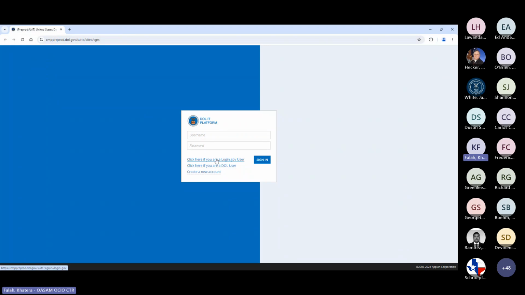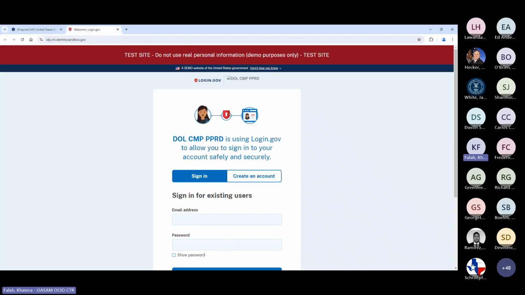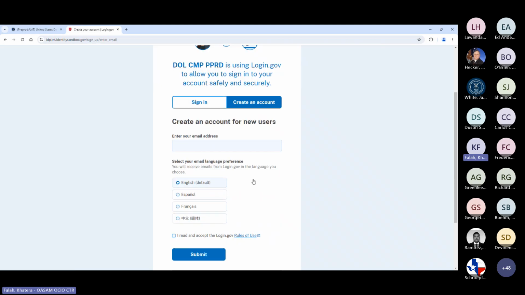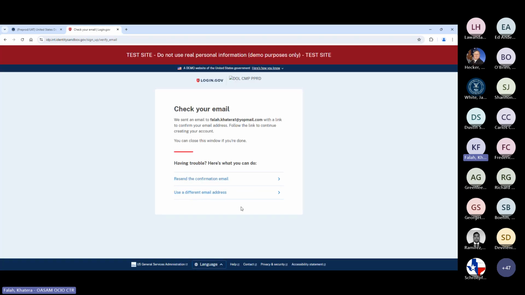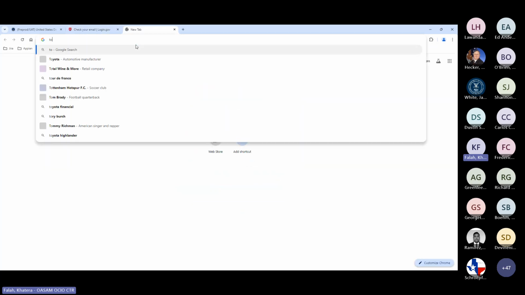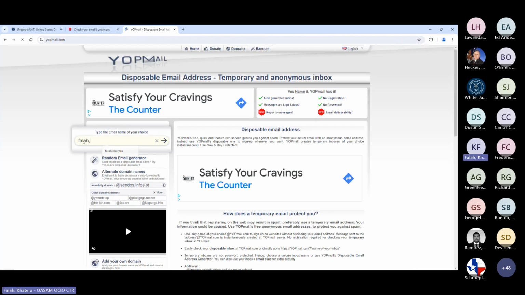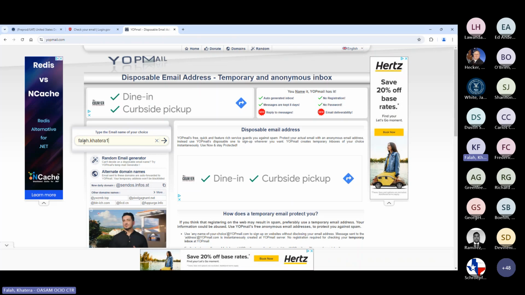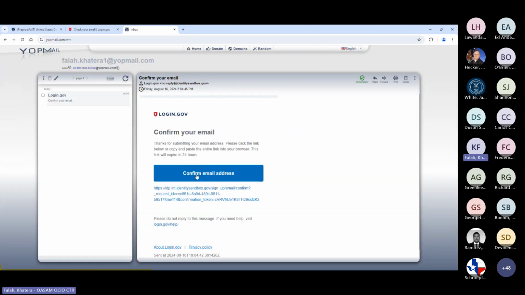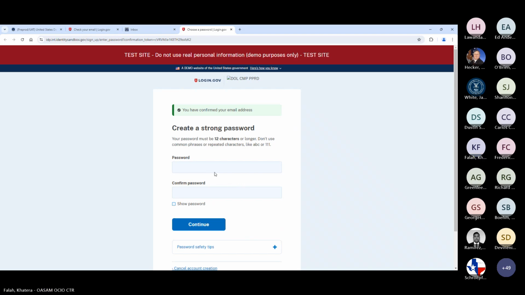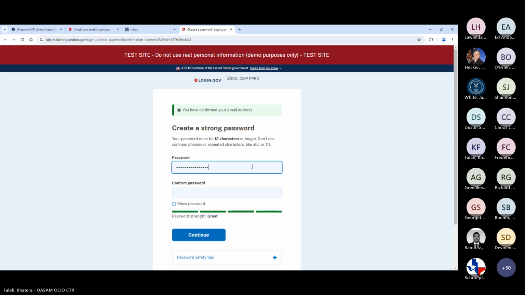Okay, so we're going to go back here, go to login.gov user. I'm going to create an account really quickly. I'm just going to do paula.katera1@yahoo.com. Hopefully you all have a login.gov account already, so you shouldn't be doing this create process with me, but I'm just doing this for the sake of training only. Paula.katera1. Go ahead, confirm my email address, and let me use my password. Copy, paste,